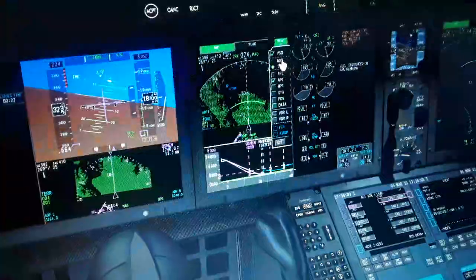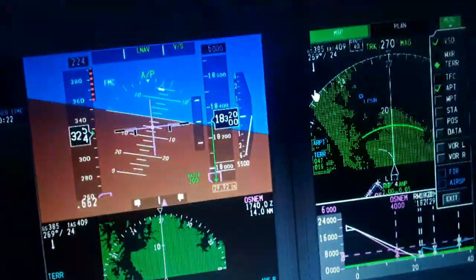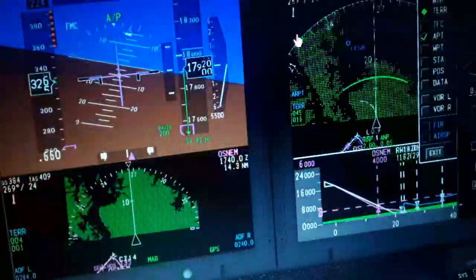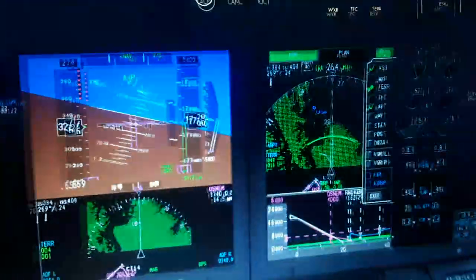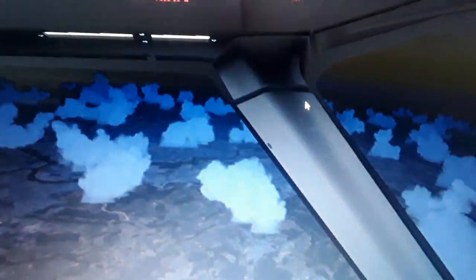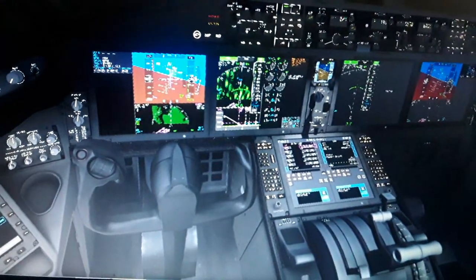Back for the waypoints. We are much closer now, as you can see. 18,000 feet, and we have the autopilot on for this descending turn. And we're going for the airport, and we have like 13 more minutes